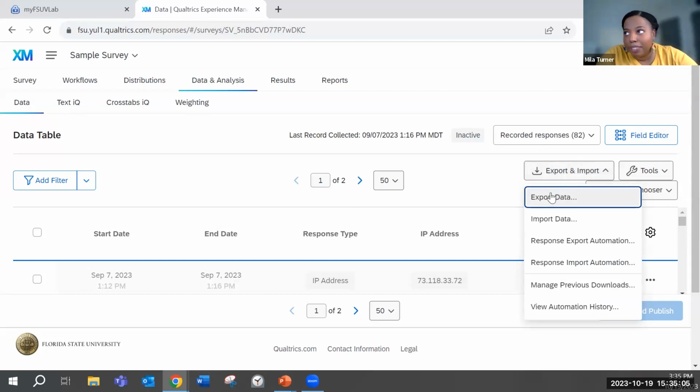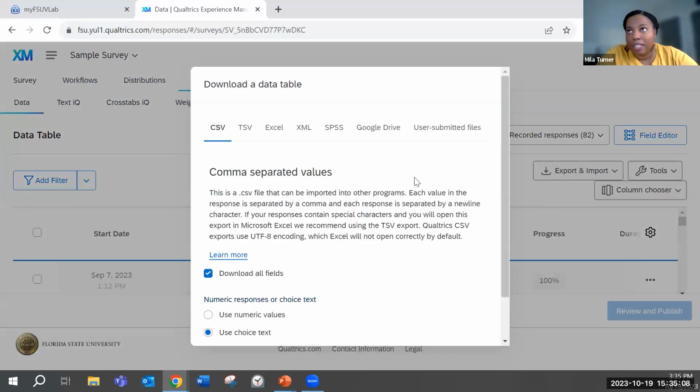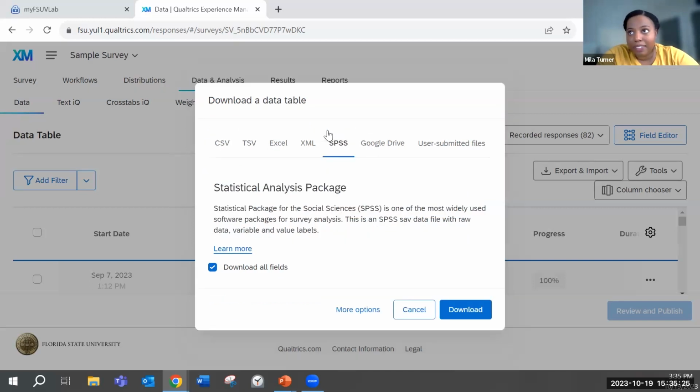And so if you go to this export data option, a new window will come up and you see that I can just export it as a regular CSV file, comma separated values file. I can export it as an Excel file. I can export it into other forms, but I want SPSS. And then by default, this box is checked, download all fields, unless you're just doing something exploratory where you only want to see a few variables. Go ahead and download all fields. And then hit download. I've already done this, so I don't need to do it again, but this is how you would get your data into a format for